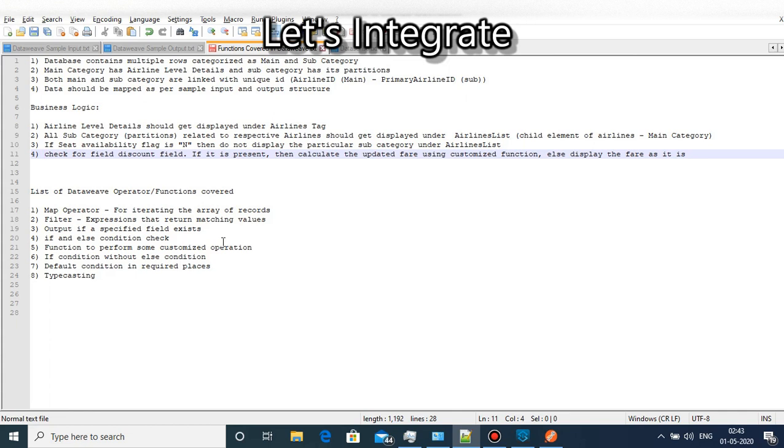The final point, check for the field discount. If it is present, then calculate the updated fare using a custom function, else display the fare as it is.